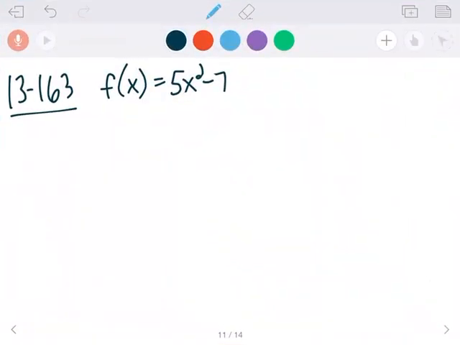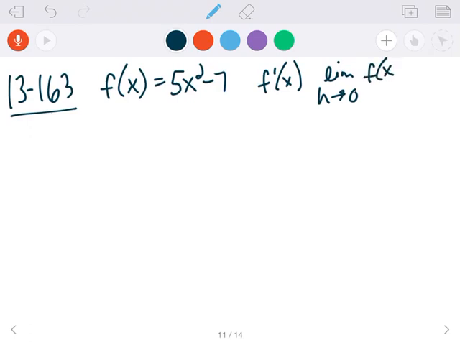Okay, we're working on problem 13-163, which is from the closure in chapter 13. We are asked to find the slope function for this function, f of x equals 5x squared minus 7. The slope function is the same thing as saying f prime of x, which is the same thing as the derivative. And to do that, we want to find the limit as h approaches 0 of our AROC expression, which was